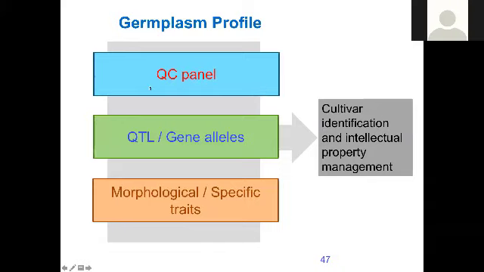So with this, like with the QC panel, we always do gene QTL analysis, and then the morphological data is always collected, like plant height or maturity or something like that. If you can combine all this, we'll create a germplasm profile, which may be very strong to say for cultivar identification and intellectual property management, including the thing we talked about, adoption, like how much